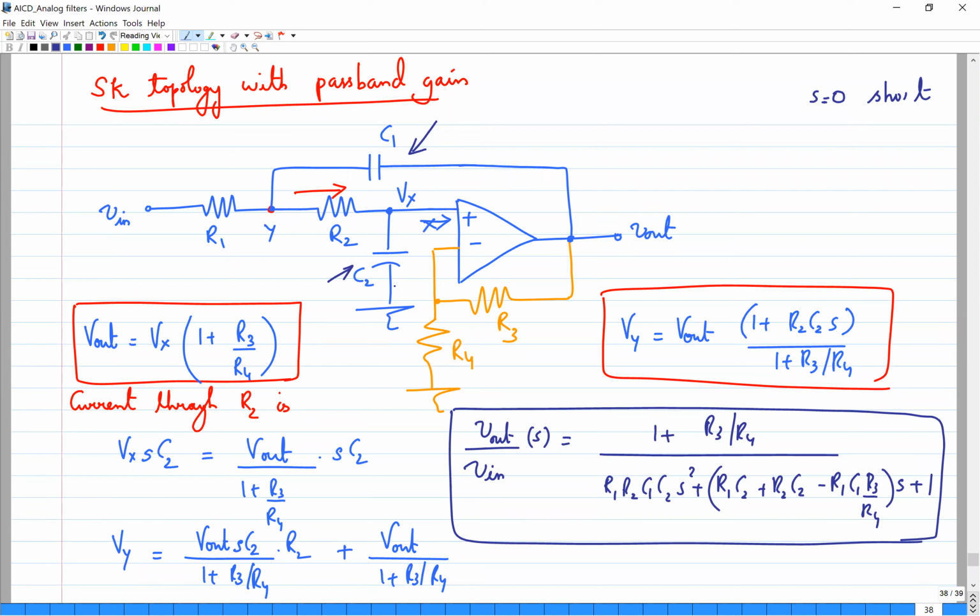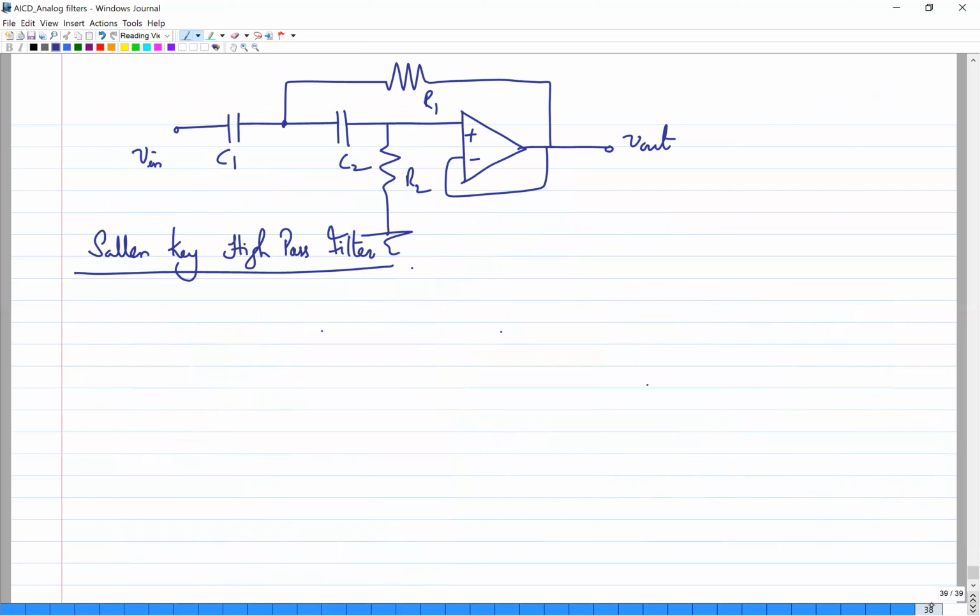But I don't think we need to replace this, because it is only symbolically we can replace, but in turn you have to use a resistor only, right? Even to get a conductance, we have to use a resistance only, right? So maybe you can try by writing the transfer function and looking at the natural frequency and the Q factor, and looking for a second order term in the denominator, right? So that is your Sallen-Key high pass filter, and low pass filter is what we have discussed before.